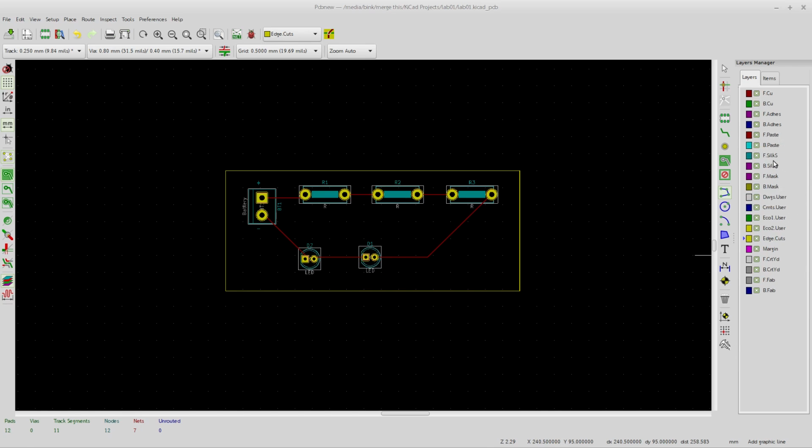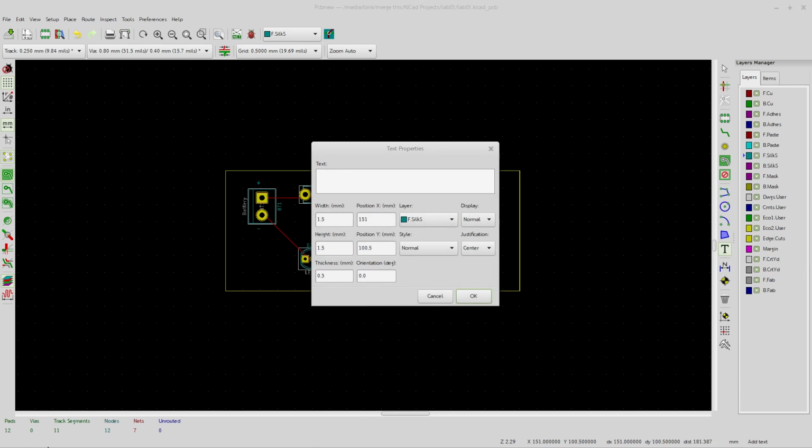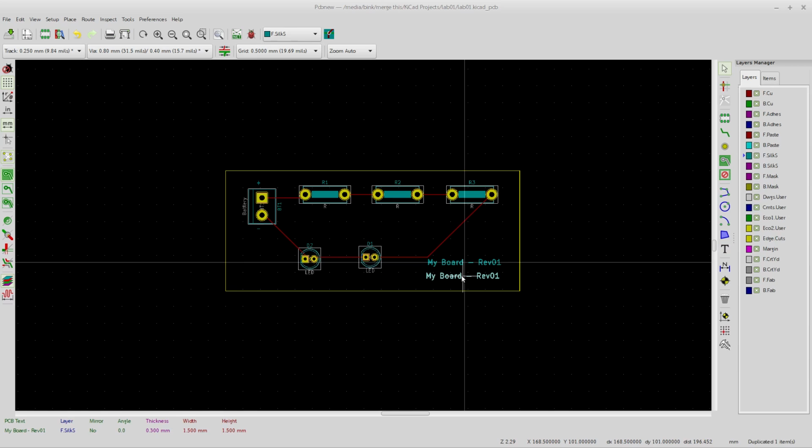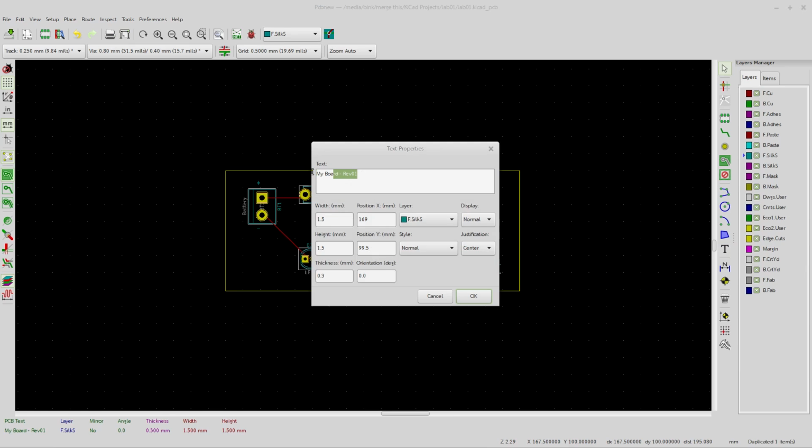As usual, so much for a short video. So I am going to go to front silk screen, and I will come over here and give it a click, and I'll say my board, and then I usually do something and say rev 01. I would highly recommend always putting a rev number on here, and probably a date. But because of spacing, a lot of times I'll just go like this, and then I will duplicate it, put another one here, and then I'll edit that, and then I'll say